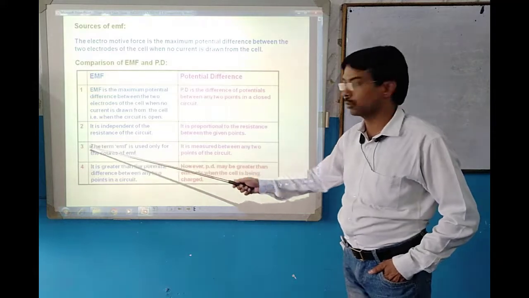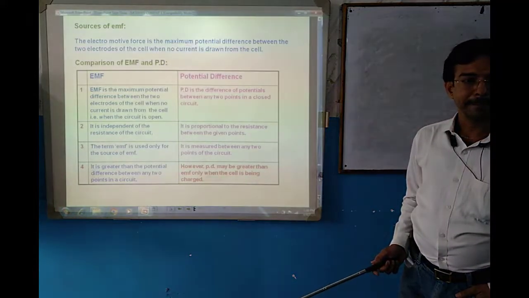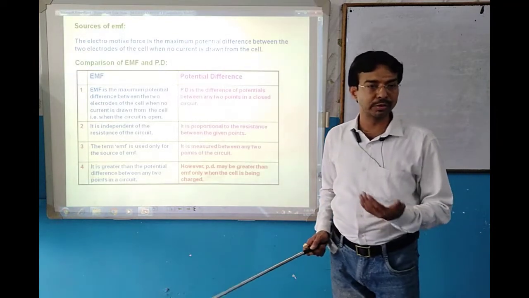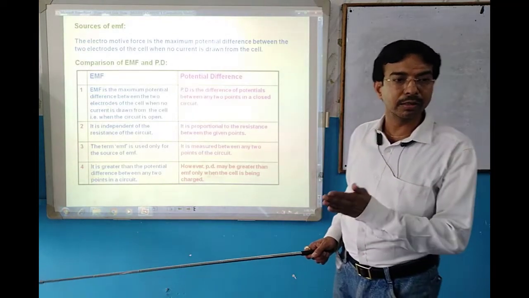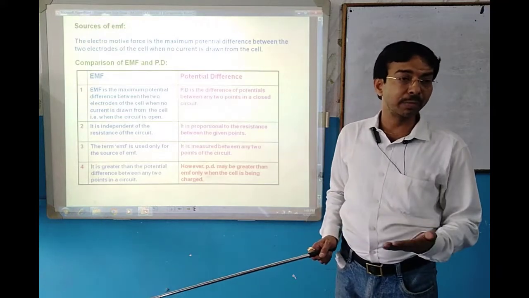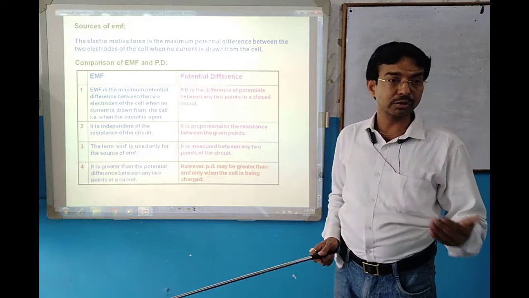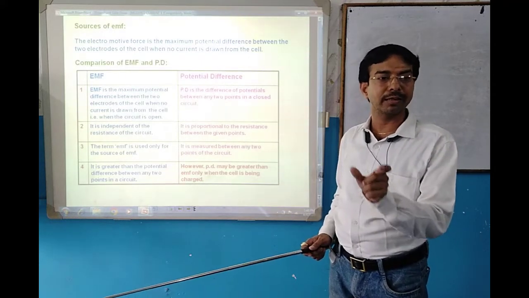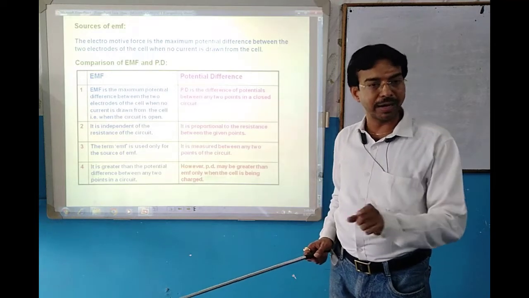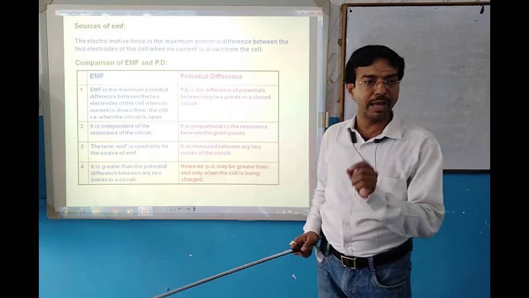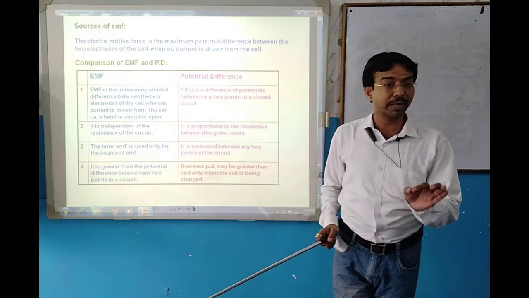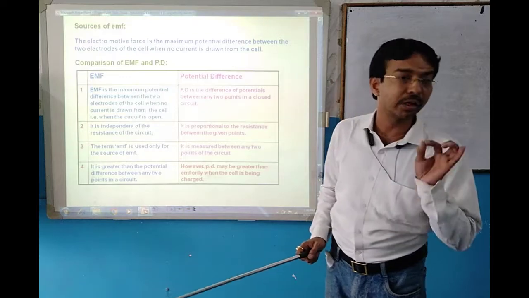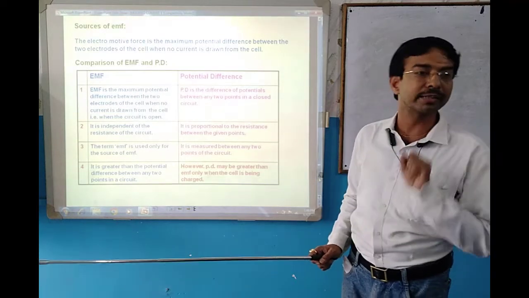So here any point or across the terminal of resistance, at any point, because we are just using the connecting wire. When we connect the resistance in that particular circuit, we are just assuming that the resistance of a connecting wire is treated as 0. So we can say only that particular circuit resistance will offer the resistance. But in practical, it is not possible. Each and every wire will have some particular resistance. So potential difference can be easily measured at different points, and it will always be different at different positions, different points inside of the whole circuit.